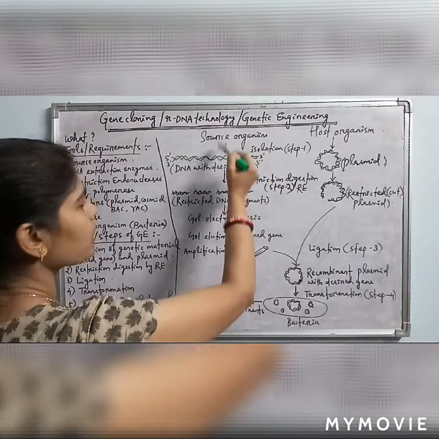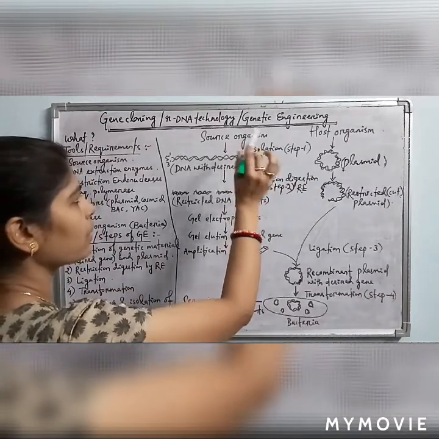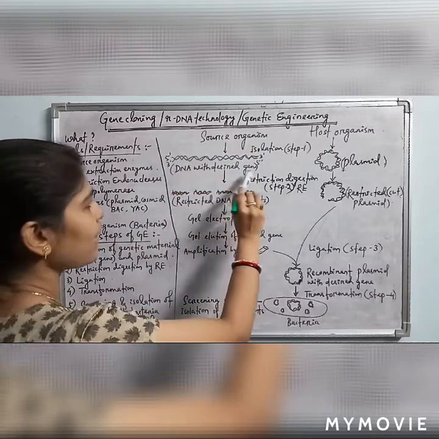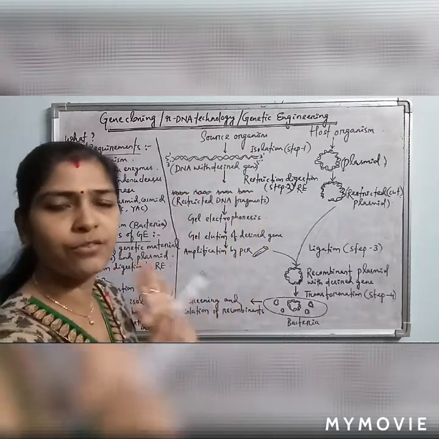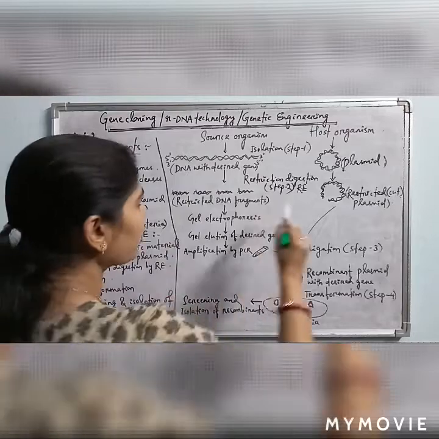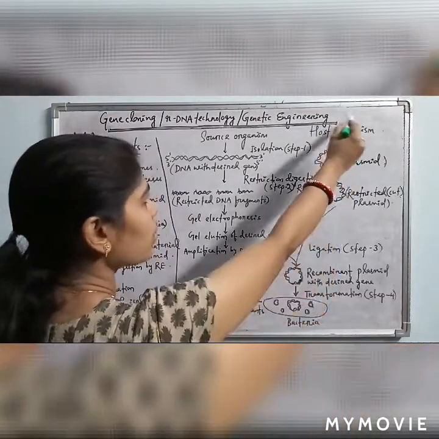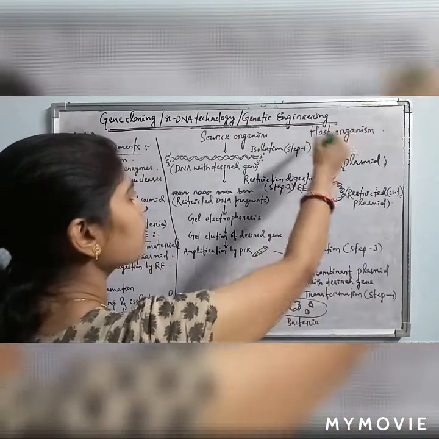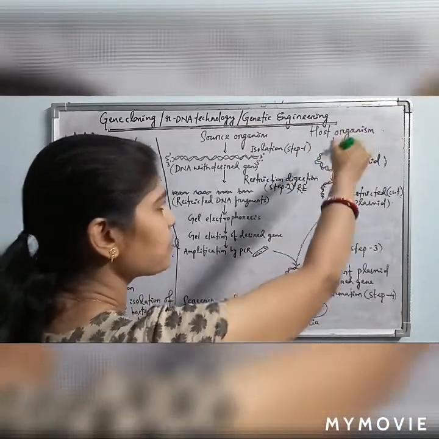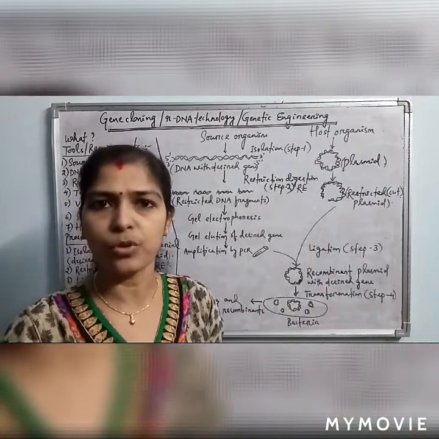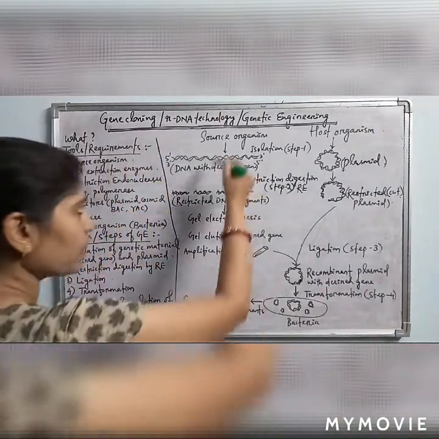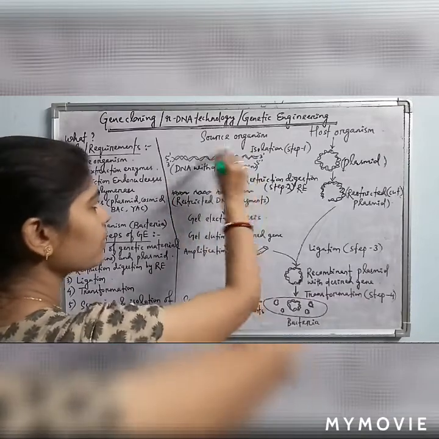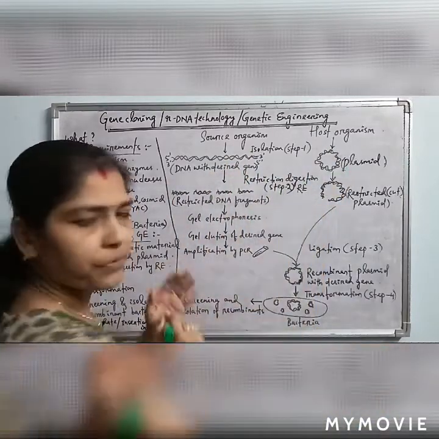From the source organism, which may be any plant, animal, bacteria, virus or fungi, the DNA with the desired gene is extracted by utilizing different types of enzymes. And the host organism is mostly bacteria in gene cloning, and from the bacteria, the plasmids are extracted by a plasmid isolation protocol. So the first step is over: isolation of the DNA with the desired gene and the plasmid.